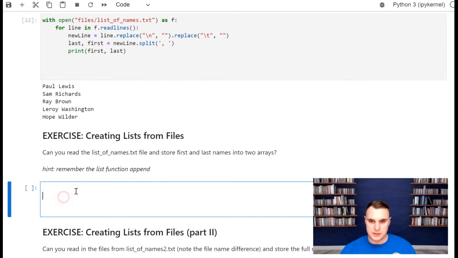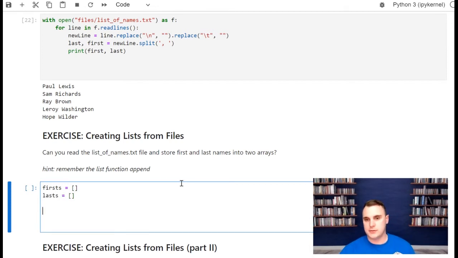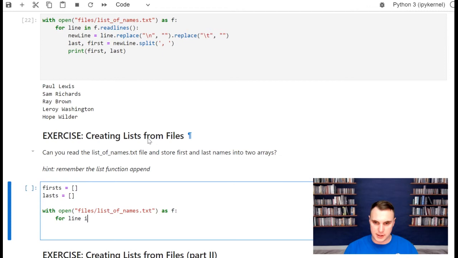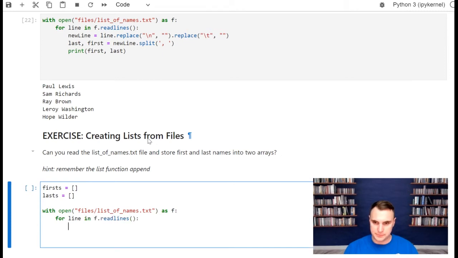Okay, let's go ahead and work through this. I'm going to create an empty list called firsts, and an empty list called lasts. As I work through the file, that is where I'm going to store the first and the last names. So using the standard practice of with open, whatever your file name is, oops, list of names.txt, as f, for each line: for line in f.readlines. Okay, so for each line,